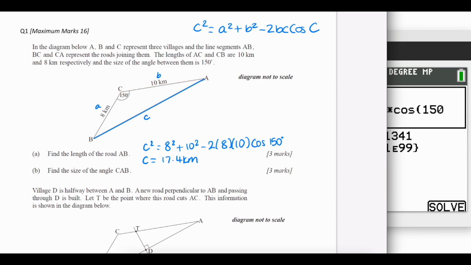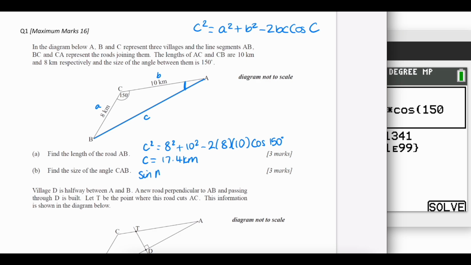So for this one, if I'm now trying to find this angle, I think the easiest way of doing that is going to be to use the sine rule. I now have this measurement and this measurement, and I have this one, and this is what I'm trying to find. And these are opposite one another, and these are also opposite one another. Okay, so I think that's probably going to be the easiest one to use here. So I'm going to use the sine rule, and